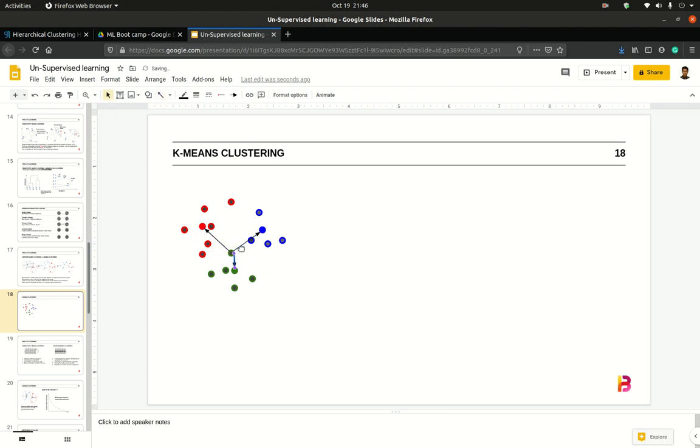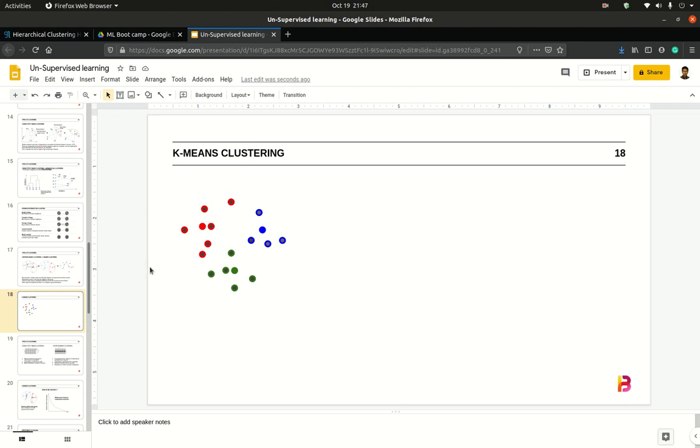Because it's closest to green, it gets tagged green, and this entire cycle keeps repeating until no further crossover happens for a couple of iterations. That means things that are tagged red stay red, things that are tagged green stay green, and nothing changes color for at least a couple of iterations. And then that's how it would arrive at this as one cloud, this as one cloud, this as one cloud, or cluster if you may. And this is how the algorithm has classified all our elements into 3 different clusters.